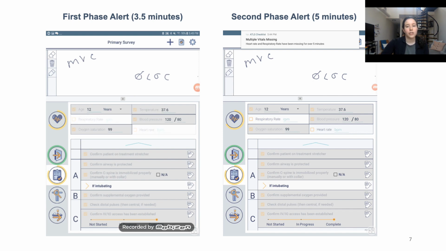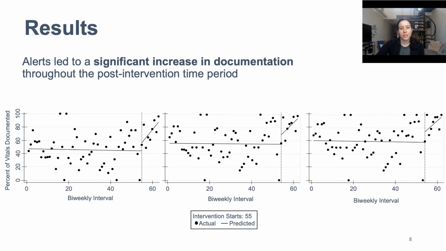In the second alert, a drop-down notification appears, informing leaders of the missing vital sign values. The screenshot on the right shows the drop-down notification at the top of the screen. We released these alerts on the checklist in June and evaluated their impact. From the interrupted time series analysis, we found that alerts led to a significant increase in documentation throughout the post-intervention